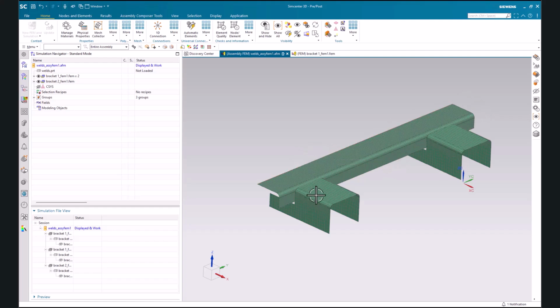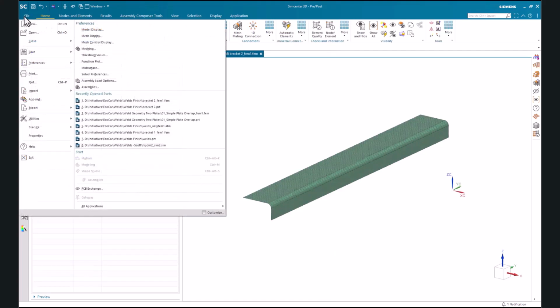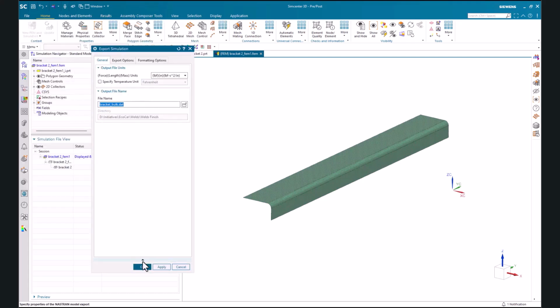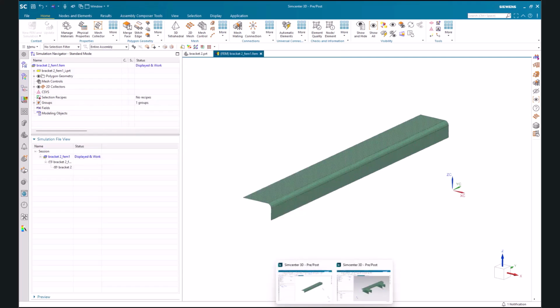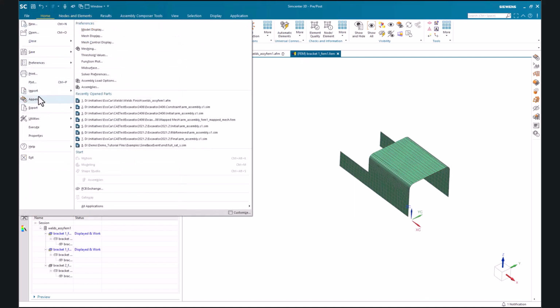So the second approach is to take our bracket model, so we can do a file export and export the bracket data file. And once we go to our smaller bracket, we can simply do a file append